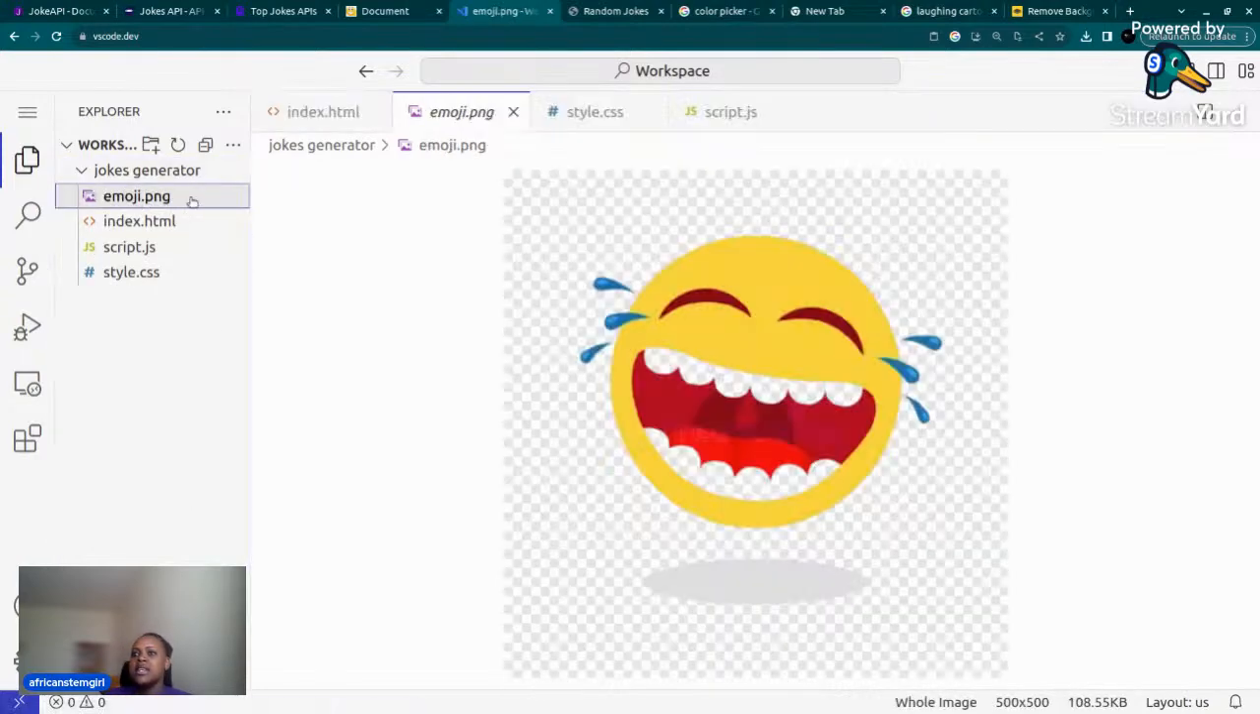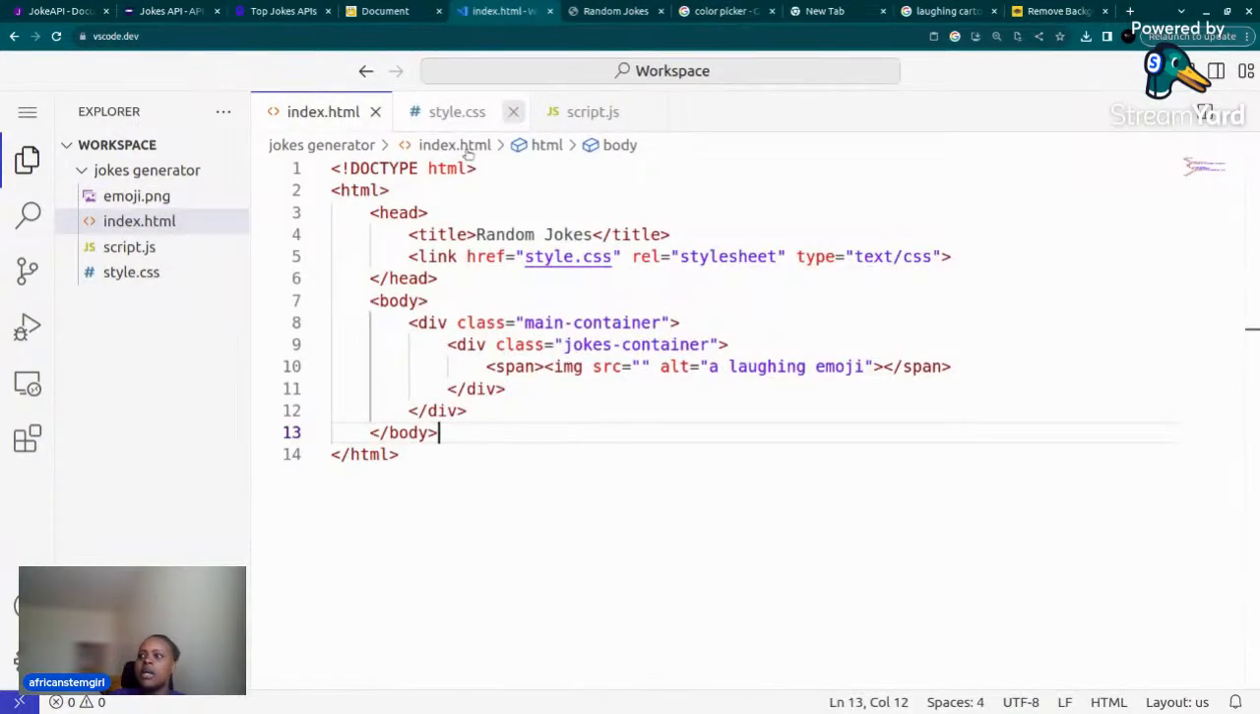So don't delete the extension. The extension is when you see dots. So for some images it's PNG, others is JPG. So don't remove anything that comes after the dot. Just rename whatever is at the front. So we have that. So I'll come here to SRC and I will say